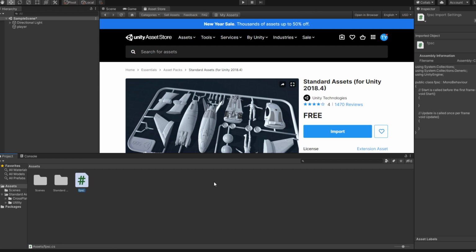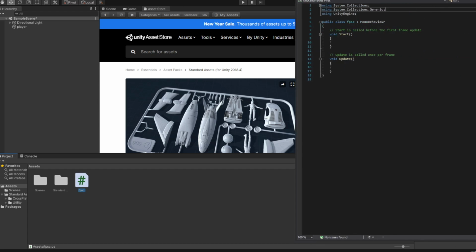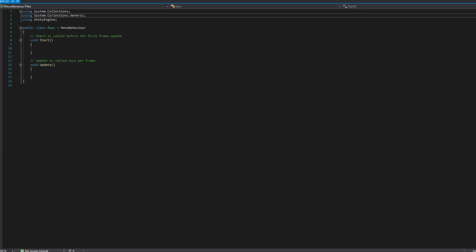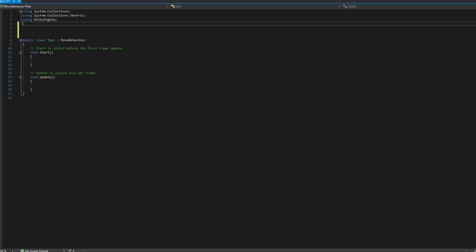Now let's go back to FPSC. It keeps defaulting to the wrong monitor. Now we're going to have to use those two pieces, so that means using Unity standard assets. Also, you have to spell it correctly. There you go. And now we're going to write the